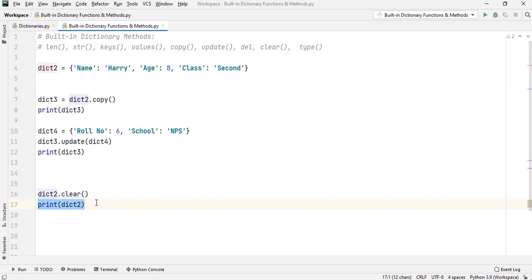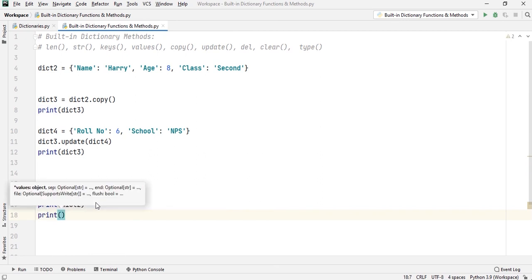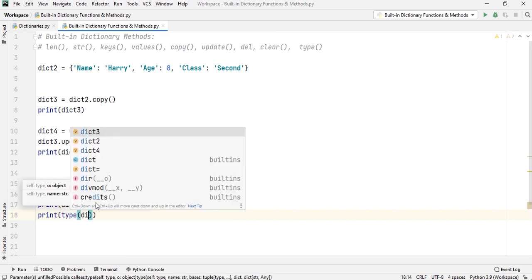And finally, if you want to know the type, as it is with many other data types, with the help of the type function, you can also check it for dictionaries.